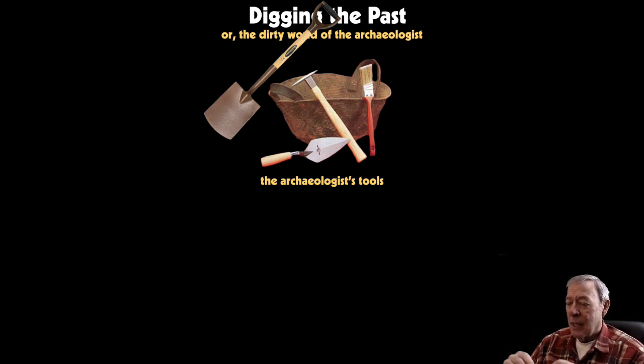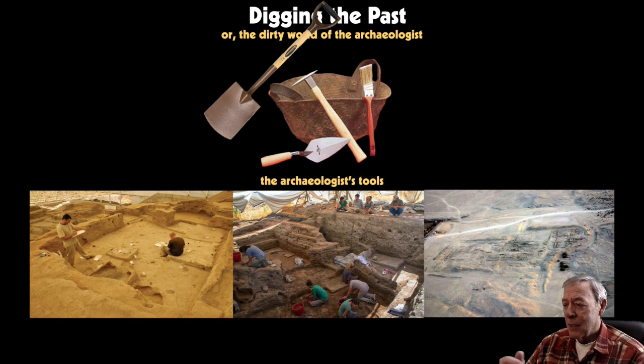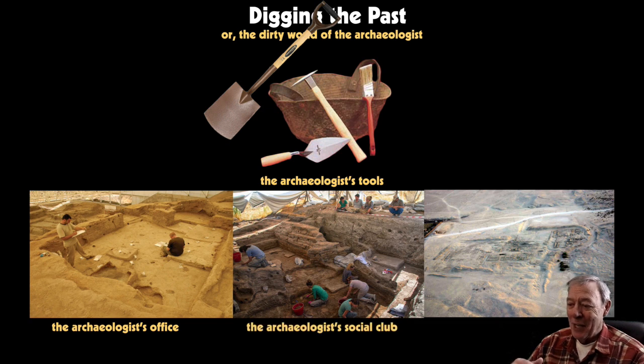So here we see an example of the kind of places that the archaeologist works. The archaeologist's office, for example, where, sitting among an excavated room here, the researcher and his assistants plan out the next day's work that involves very careful investigations of the site. Then the archaeologist's social club, for example, the people that help him out, in other words, as they gather on